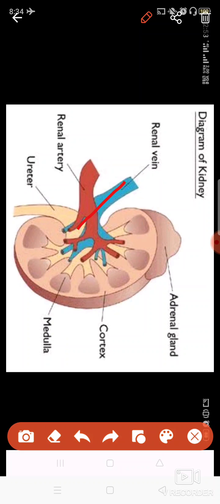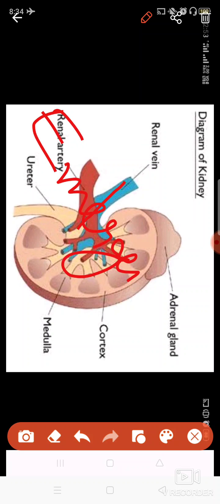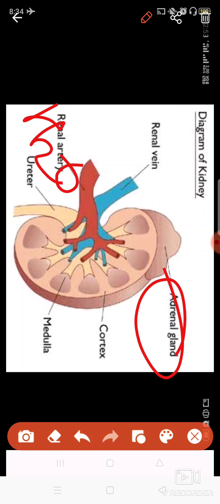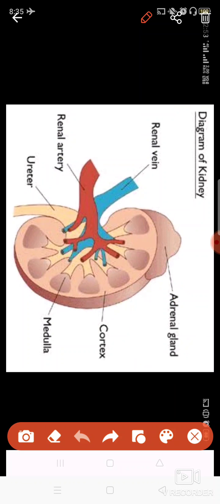Now you see there is one gland present over here, which is known as the adrenal gland. This gland is also known as the emergency gland. When I start your next chapter, I'll tell you why it is known as the emergency gland, because it prepares you for accidental conditions. Another function of this gland in excretion is to absorb the excess of water and the minerals or salts. These are absorbed by this adrenal gland, which is also known as the suprarenal gland.